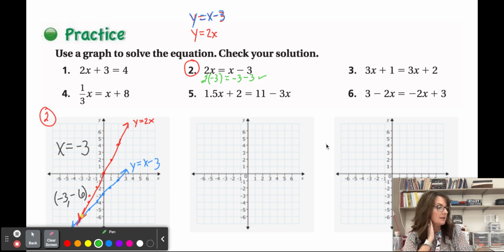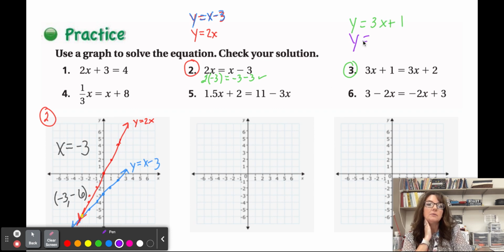And you know it works. All right, let's do number 3, and we're going to have y is equal to 3x plus 1, and y is equal to 3x plus 2. So you can probably already tell these are parallel lines, right? So there will be no solution. So the purple line right here